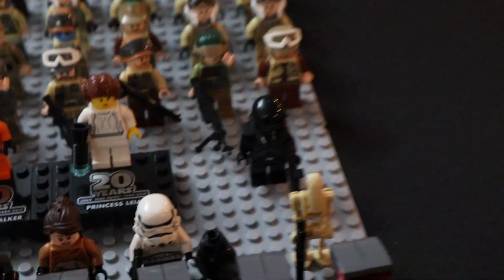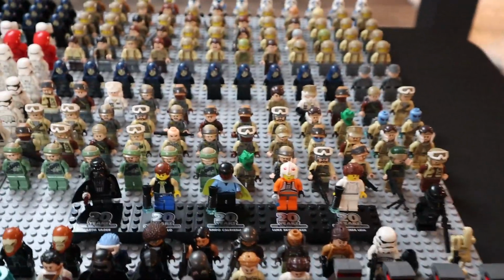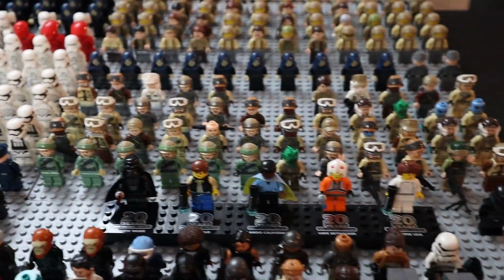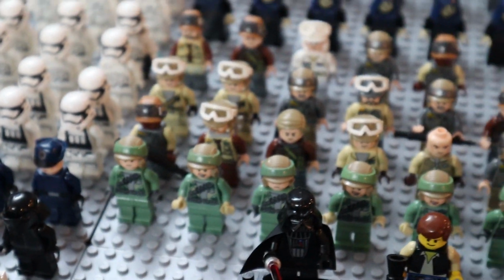And then to the right, we're just going to have another Death Trooper that I found randomly in my collection. Moving behind them is going to be my entire Rebel Alliance collection. I believe this ranges about 46 or 45 figures right here. So we have a mix of the OG Endor Rebel figures, and then the rest of them are